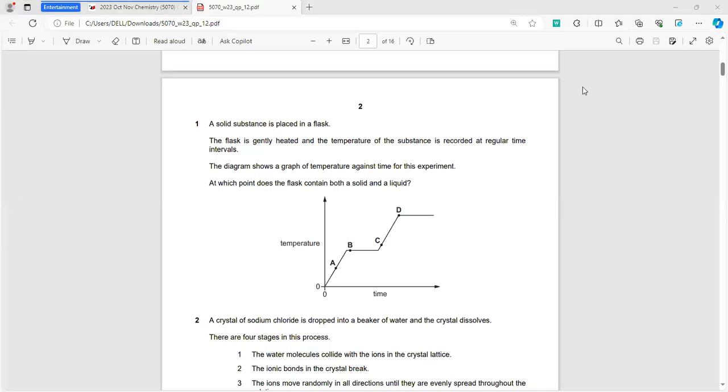Good morning. Today we'll be doing November 2023, paper 1. The code of this O-level chemistry paper is 5070. Now, in question number 1, they've asked us that in this graph, which of the letters correctly represents the option